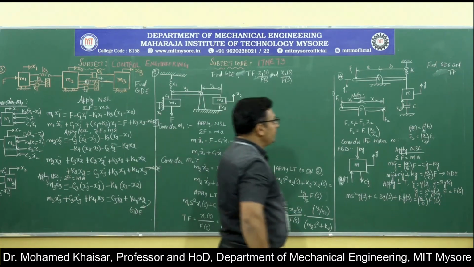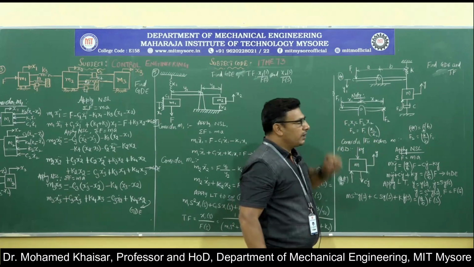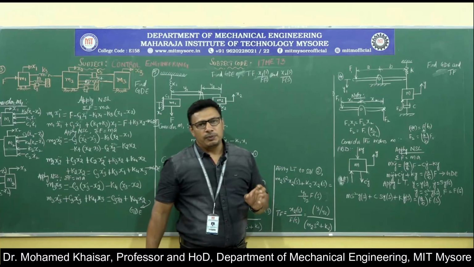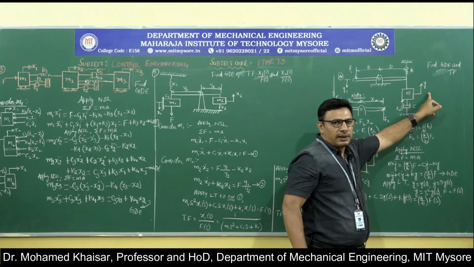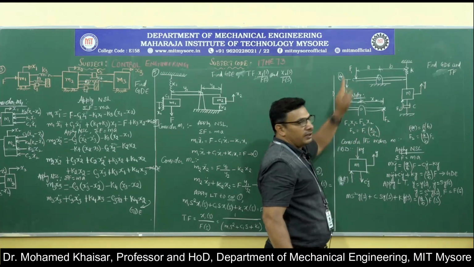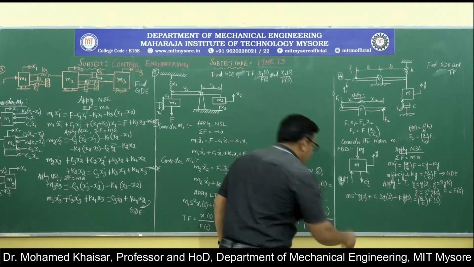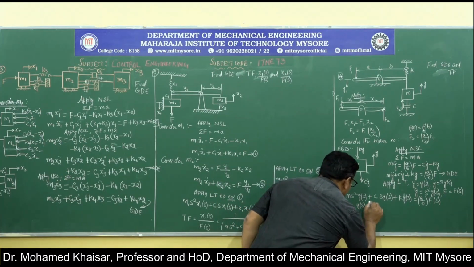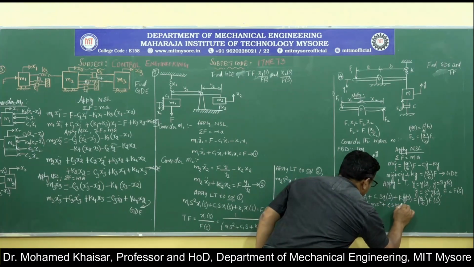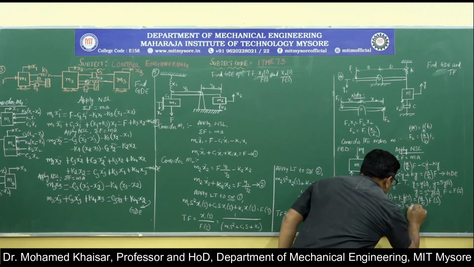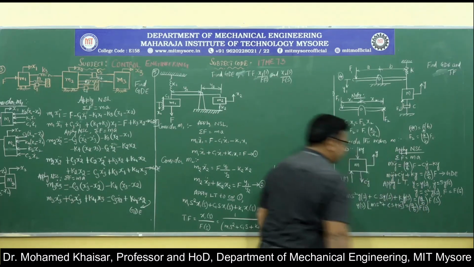Now in this system, we need to find out the transfer function. What is the transfer function? It is the ratio of output to the input. What is the output from the system? Displacement of the mass y. What is the input to the system? It is f. So in order to get that ratio, what we need to do is take out y of s as common. We will be left with ms square plus cs plus k is equal to A by B into f of s.